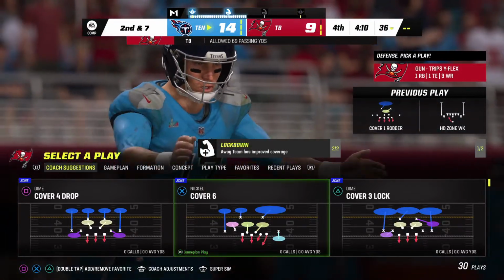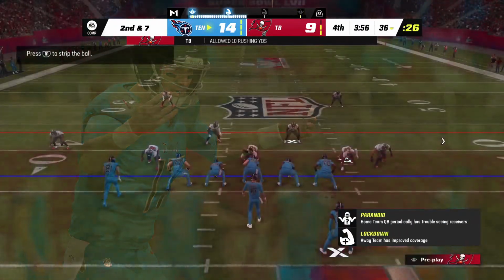William Golston in on the stop. Brandon, you know how many times we've done games, and at the start of the 4th quarter, we